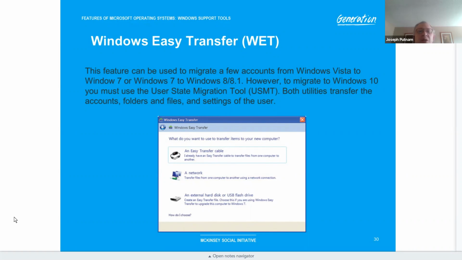Windows Easy Transfer. This feature can be used to migrate user accounts from Windows Vista to Windows 7 or Windows 7 to Windows 8, 8.1. However, to migrate to Windows 10, you must use the User State Migration Tool, USMT. Both utilities transfer the accounts, folders, files, and settings of the user. Thank you, sir. Look at the variants of the two. Windows Easy Transfer is used for Vista to 7, 7 to 8, and to go from 7 or 8 to 10, you have to use the USMT,